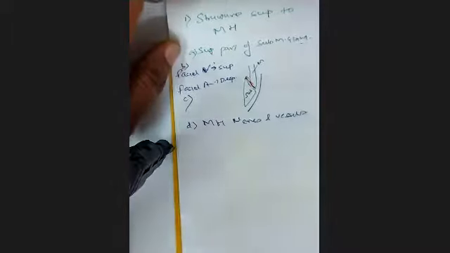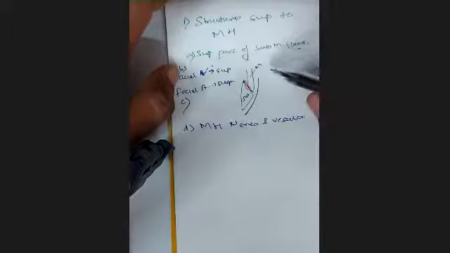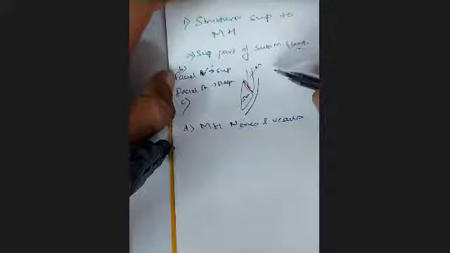So students, we have started writing the content of the digastric triangle. First we said structures superficial to mylohyoid. So what are the structures superficial to mylohyoid? Superficial part of the submandibular gland, facial vein superficial to the submandibular gland, facial artery deep to the gland, and mylohyoid nerves and vessels.